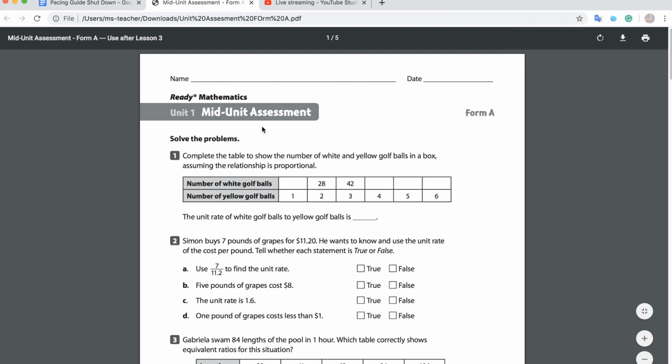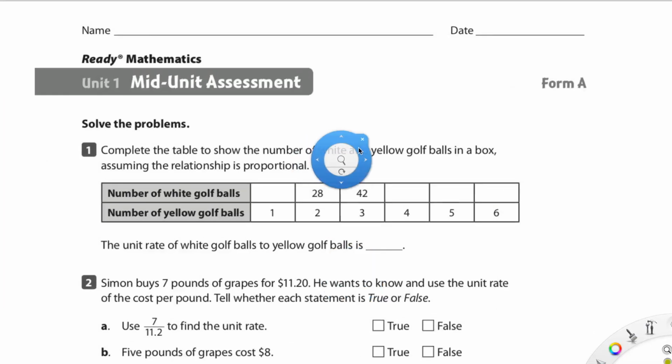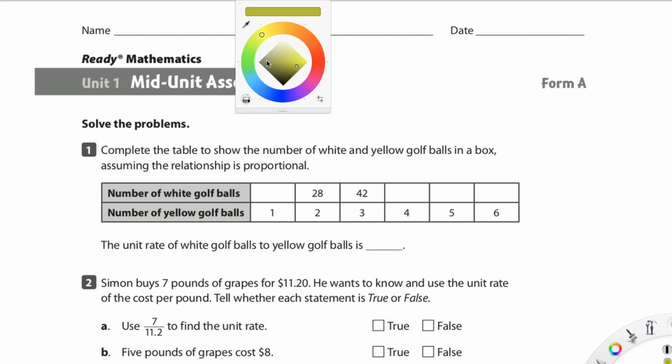And remember, they're the same questions, just with different numbers. So I'm going to show you how to do them, and then you have to do these on your own. So let's go ahead and get started. Now, for question number 1,